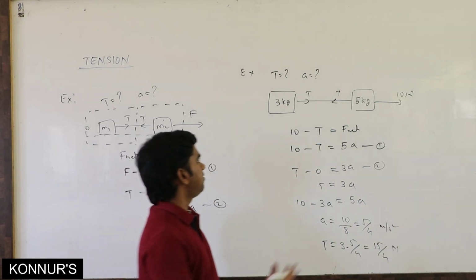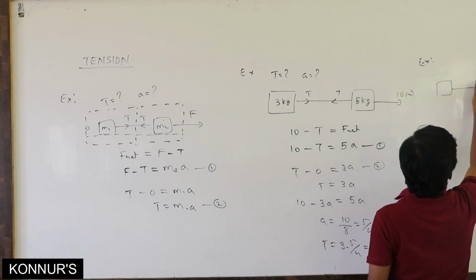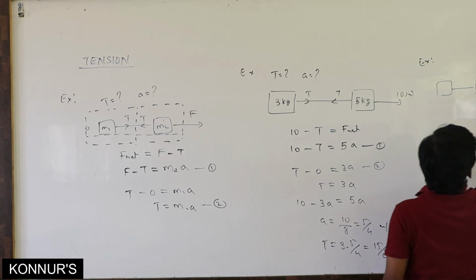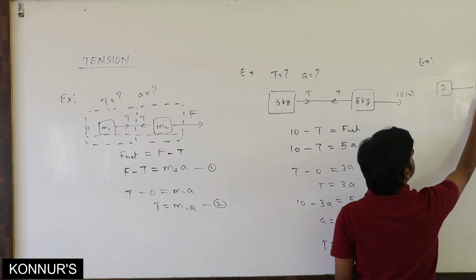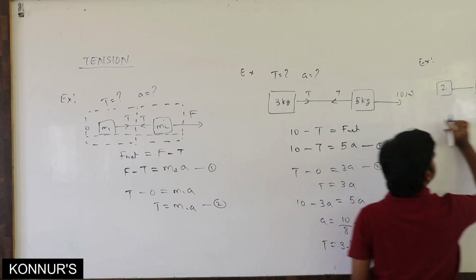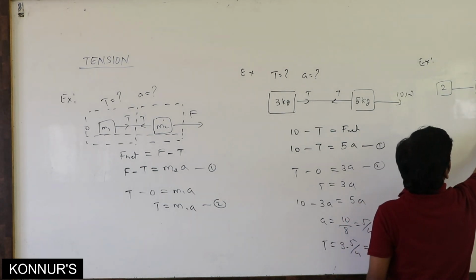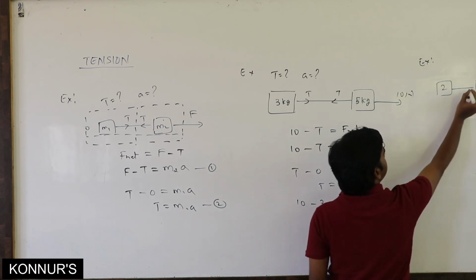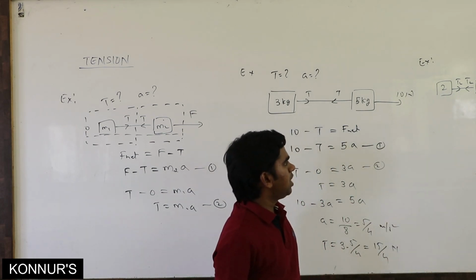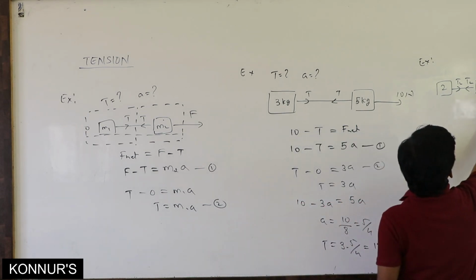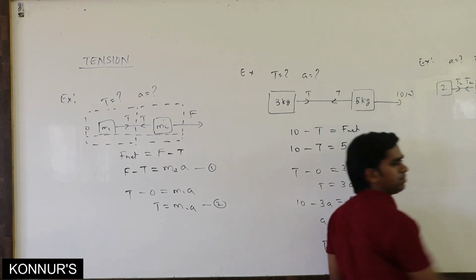Similarly, if I connect 3 bodies, for example 5 kg, 3 kg and 2 kg. Now in between mass is there, so here the tension is different, here the tension is different. Again I am applying some 10 Newton of force in this direction. What is the tension here? You can take it as T1. What is the tension here? You can take it as T2. Here nothing is acting. So now again what you have to find? You have to find the acceleration, T1 and T2.